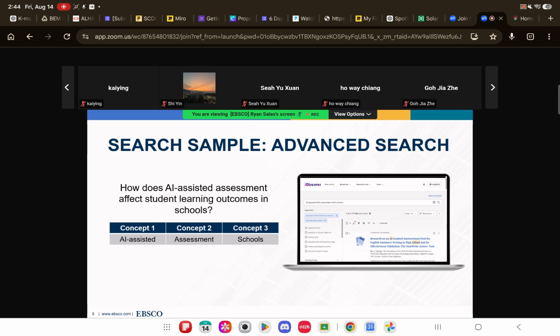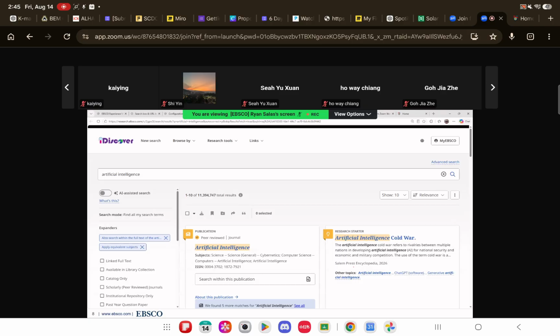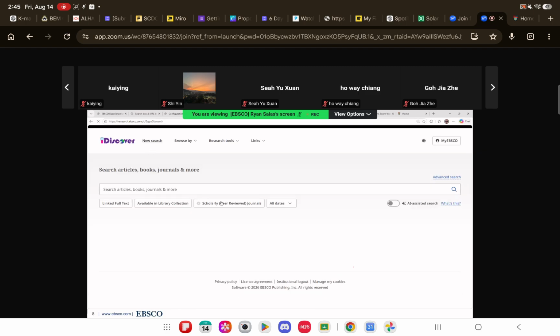So we also need to extract the keywords from the research question. From my question, I have extracted three concepts. Again, I'm going to use AI assisted, assessment, and schools. So I'm going to go back to the platform and show you how to search using the advanced search. Now, before that, I would also like to quickly mention that you can